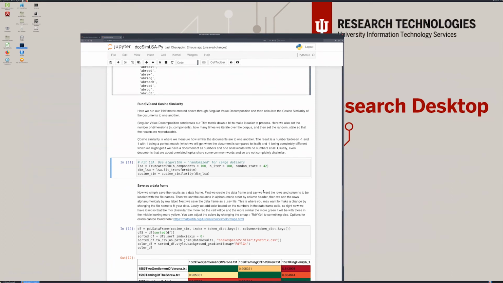So now we go in and we're going to do our singular value decomposition, which is just SVD, and our cosine similarity. To point out, the number of components, 100, is the threshold. It's just one of those things that is recommended when you do LSA, to have that threshold set to 100. And basically what that is doing